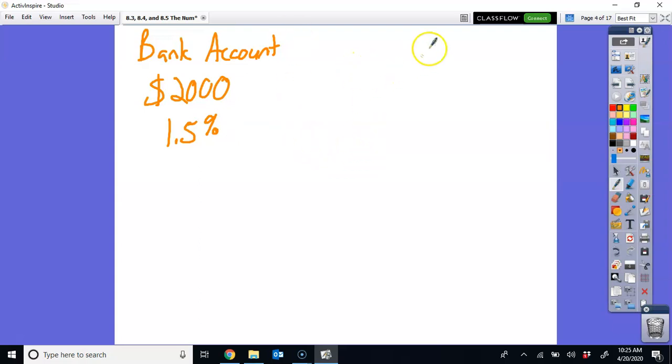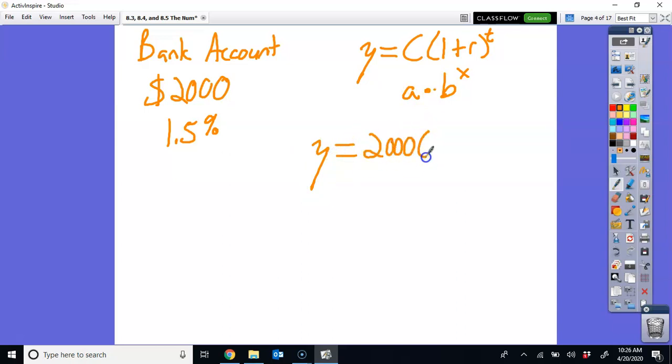So the function that we learned before spring break is an exponential growth function that said you have the beginning amount, and we could use C or we could use A, multiplied by 1 plus the rate raised to the time, or multiplied by B raised to X. Either way, both of these mean essentially the same thing, but the one at the top is a little more descriptive of how we would actually set up our function. What we would actually do here is y equals 2,000, our beginning amount, times 1 plus the rate, which would be 0.015,